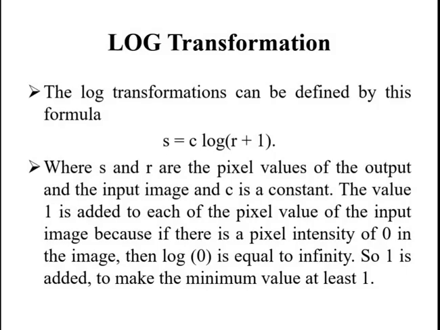Any curve having the general shape of the log function as shown in the above figure would accomplish this spreading or compressing of intensity levels in an image. But the power law transformation discussed in the next section is much more versatile for this purpose. The log function has the important characteristic that it compresses the dynamic range of images with large variation in pixel values. A classical illustration of an application in which pixel values have a large dynamic range is the Fourier spectrum.